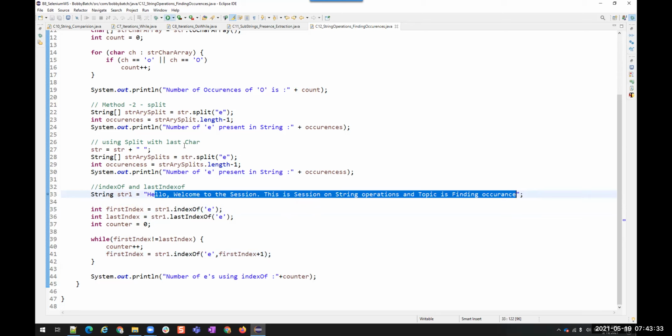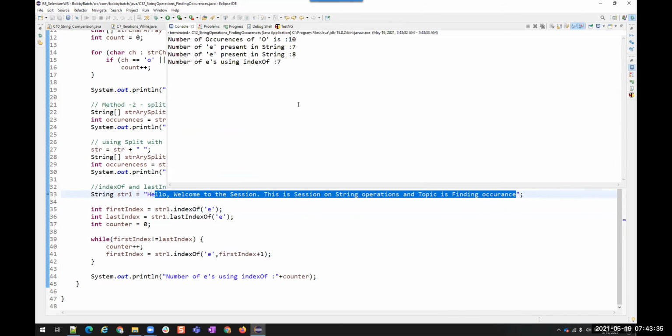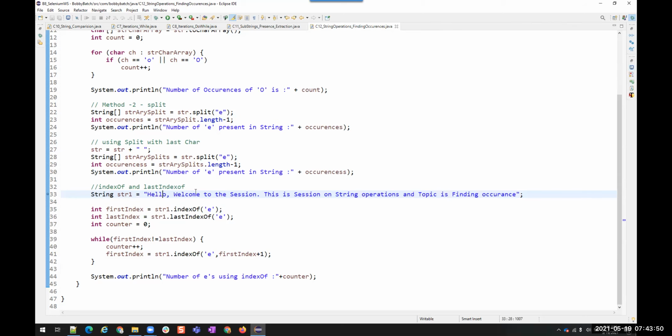Okay. But you have given the counter plus, right? While first index not equal to last index, you are giving counter plus plus. 1. Okay. This will go to 1 for the first time. The next time, what was happening is from this sentence, whatever is selected in blue color, it is going to search for E. Where is E present in the selected sentence? First position only.